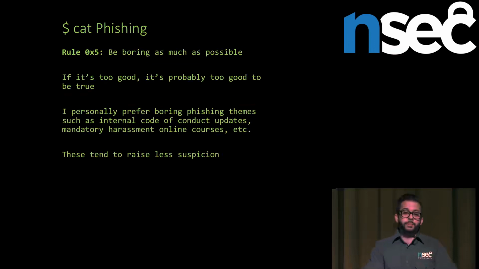Number 5, be as boring as possible. Again, as I discussed earlier, if your client has an expectation, they're most likely going to reread the email. Remember the last time you got an email saying, hey, you got this 50% discount. I'm pretty sure that most of you look at the URL and say, that may be fishy. Something's weird, like they're offering me money or a discount on something. Why? Is it a phishing campaign?